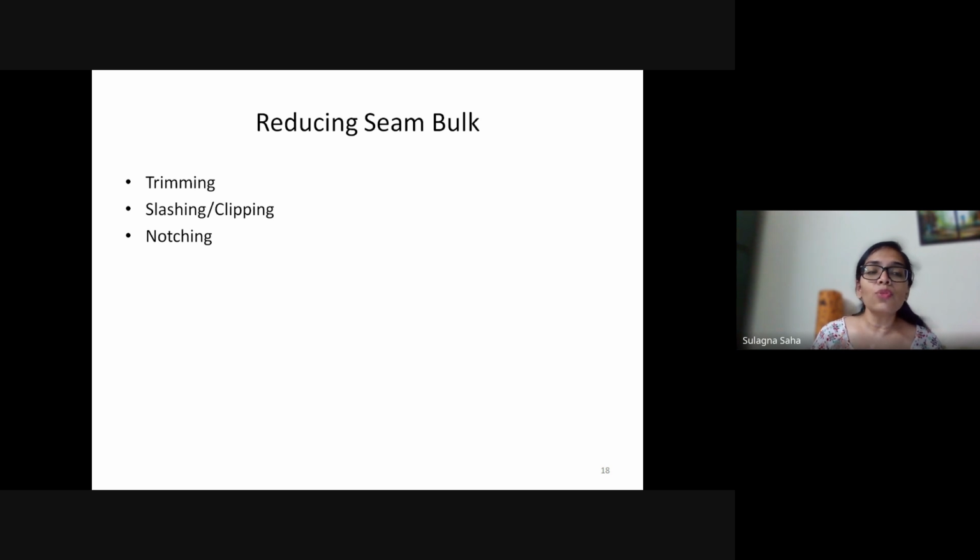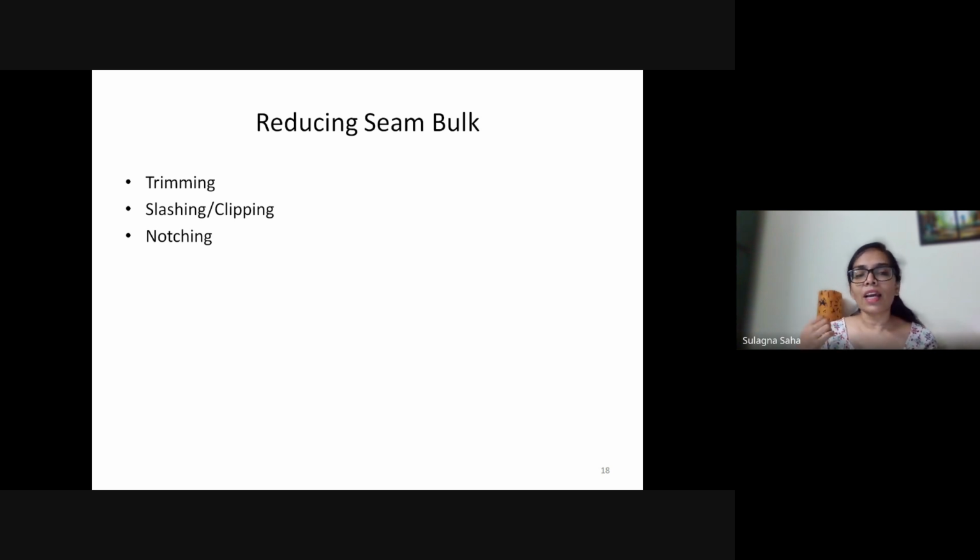Next, we can do slashing or clipping. Now, what is slashing or clipping? It is done when the seam has been done in a curve. For example, let's say I have to attach a facing to a round neckline.